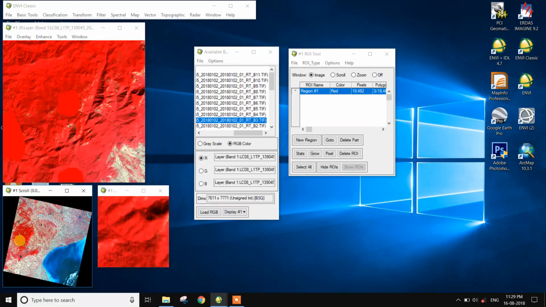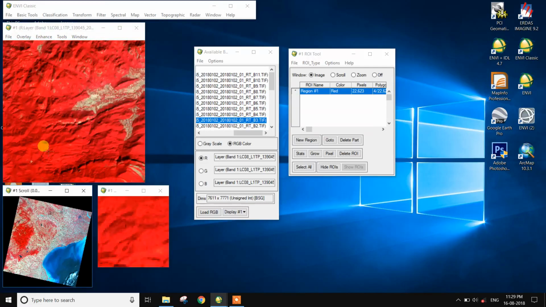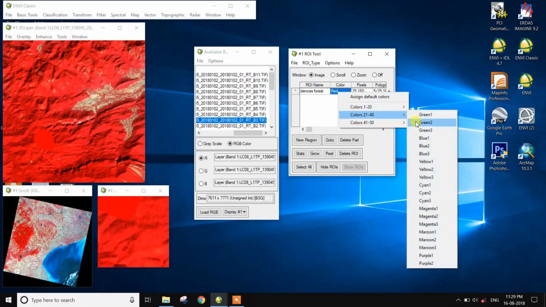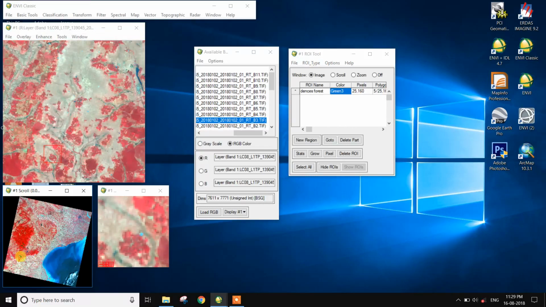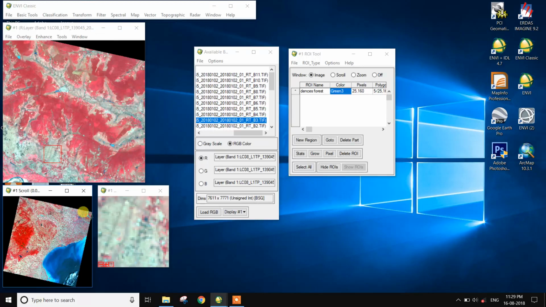So create this vegetation. There is the dense forest, and this color is green. And next, there is the open forest, dense forest, and the next is the